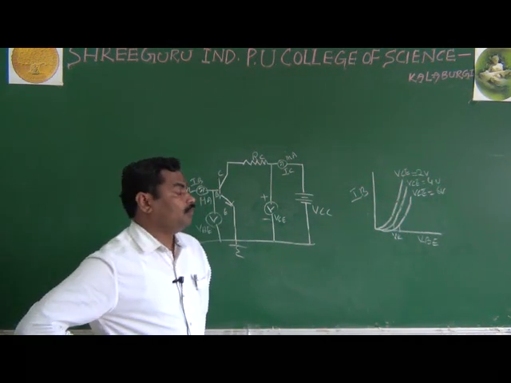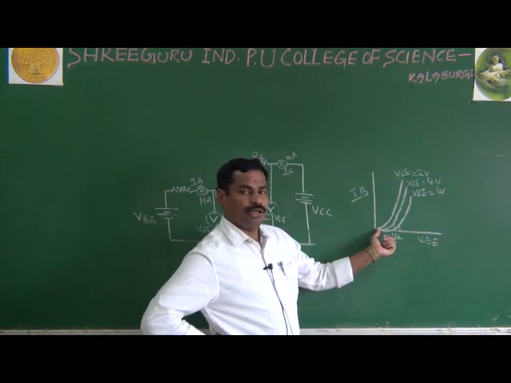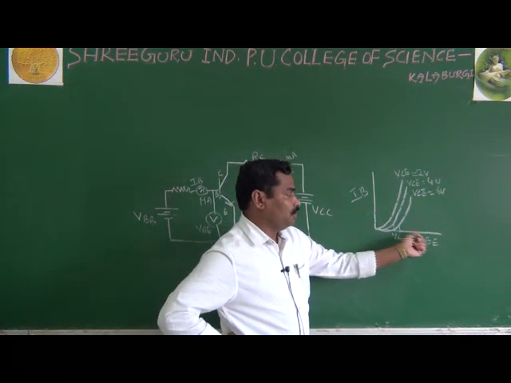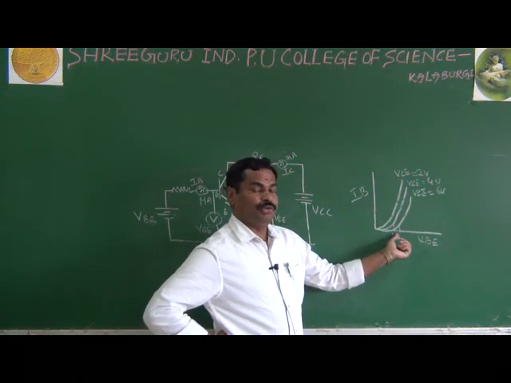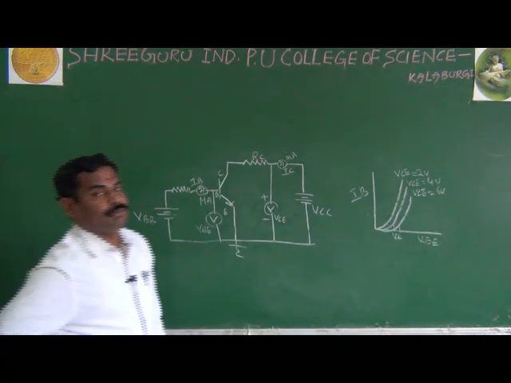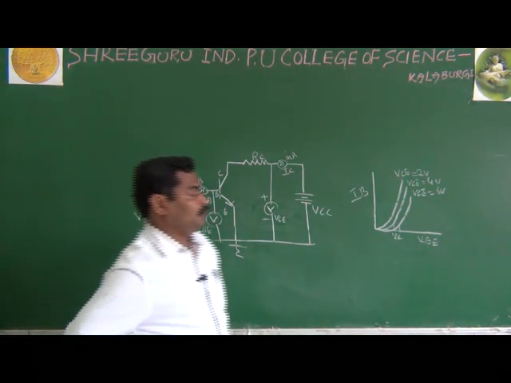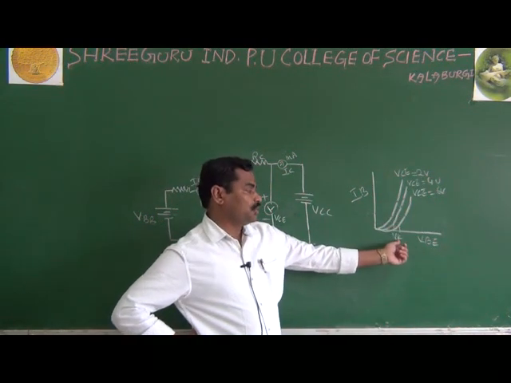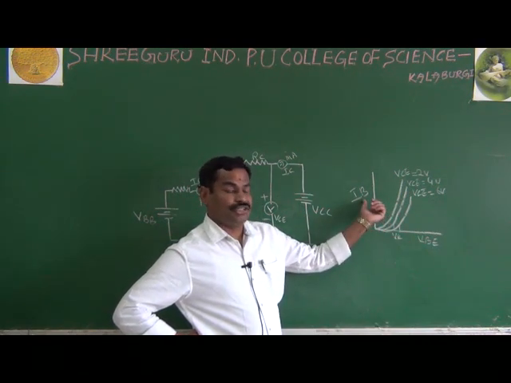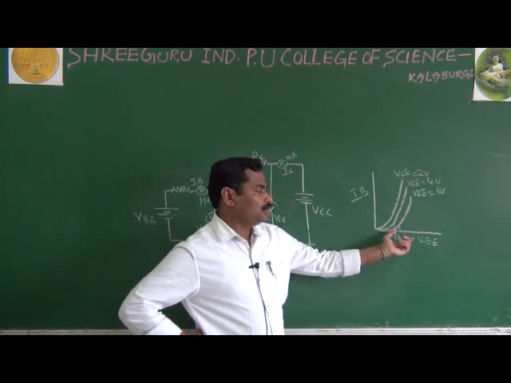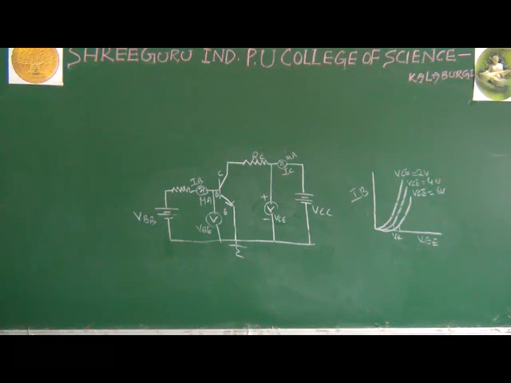And the third point, what do you write? As in your diodes, before the knee voltage we have very small current. After the knee voltage, as we increase the input voltage, the current starts increasing. We know about 0.7 for silicon, 0.3 for germanium, your diodes start to conduct after 0.3 or 0.7. Here also the same thing for transistors: in the input characteristics, your input current starts rising after the knee voltage. This is one important point. Another important point by seeing the graph.